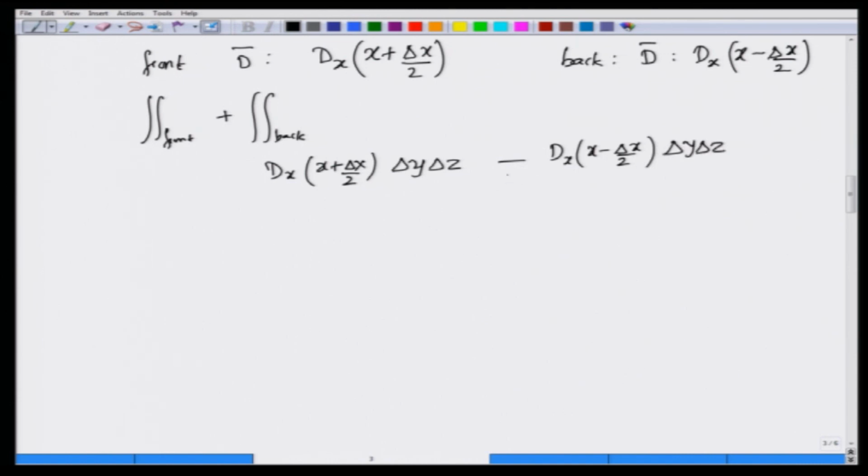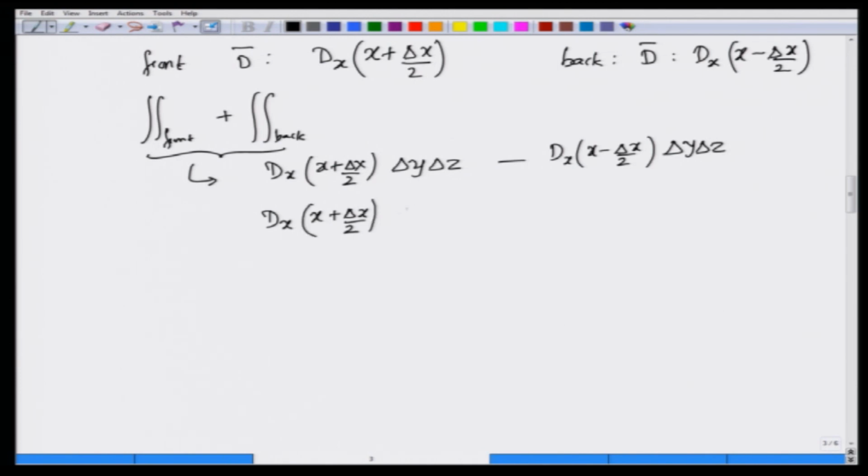There is a minus sign here, please note that this minus sign is because the surface area on the back surface is actually pointing along minus x direction. Okay. Now, you can actually simplify. So, this is the result of these two integrals. You have assumed that Dx of x plus delta x by 2 and Dx of x minus delta x by 2 are constants and delta y delta z themselves are small. Okay. So, if I write this down, I am going to get